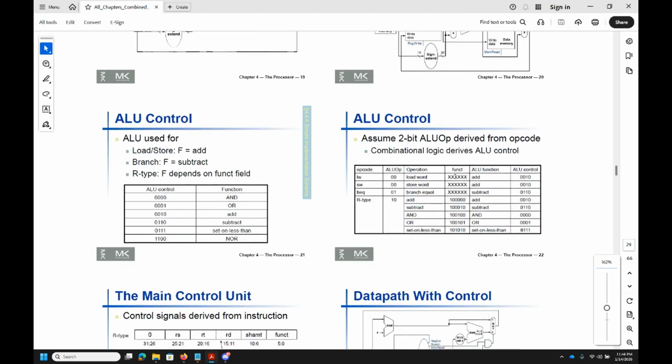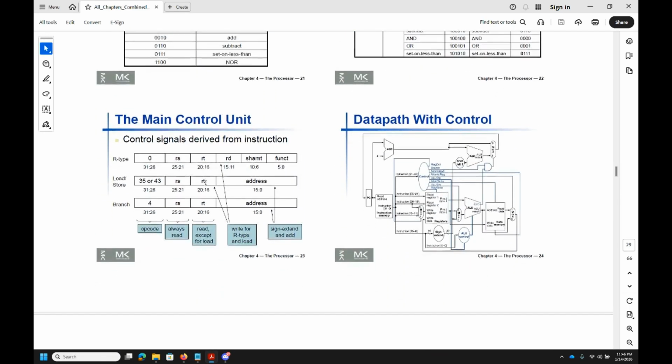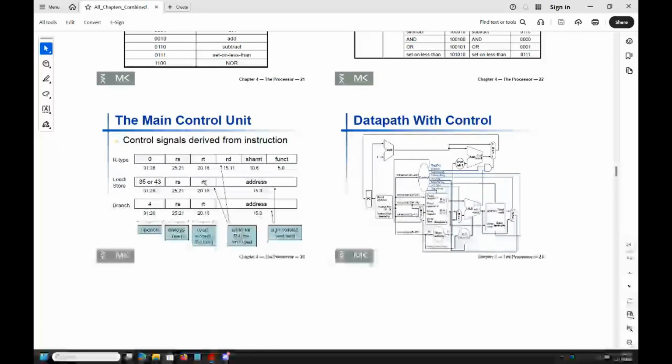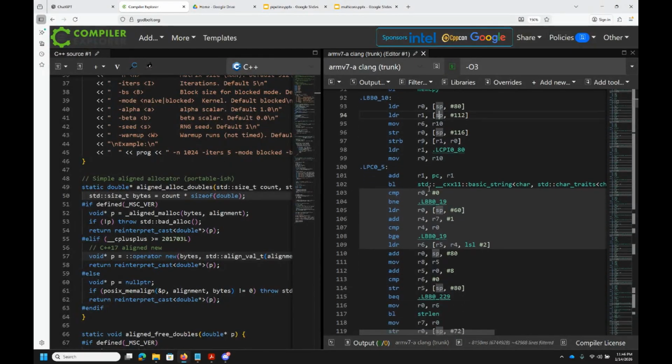Okay. So you have various control fields, load store, you have branch instructions, you have R type instructions. If you read through this section, it's basically on how to convert assembly to zeros and ones and read them. This is something that you'll probably never need to do because you'll always have the assembly on hand. But it explains why certain assembly instructions look different than others.